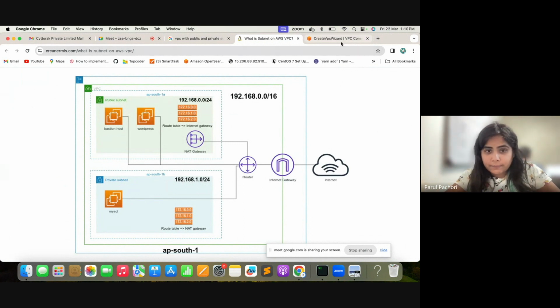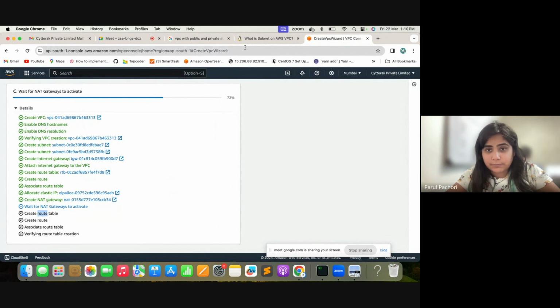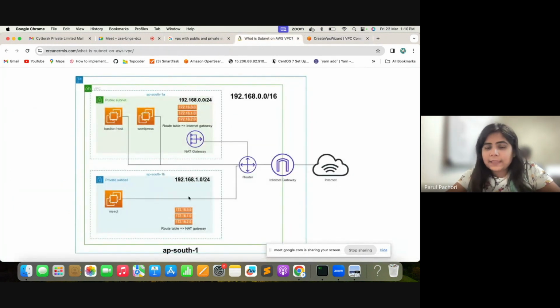Because now, as I already mentioned, both of them were in the same subnet, which is what the problem was. And that is usually a general case: you create one public and private subnet in one availability zone and one public and private subnet in another availability zone. Why we are doing that is because the entire concept of an availability zone is that if one availability zone goes down, you'll have another subnet and another set of resources available in another availability zone to support you. Okay, which is why this wizard makes sense,